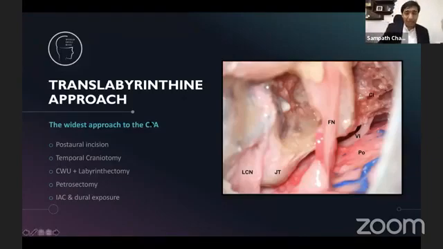involve? So it has a postauricular incision. It has a wide postauricular incision, the same incision that you saw in the earlier case of subtotal petrosectomy. Then it involves a temporal craniotomy, a canal wall up procedure with a labyrinthectomy. The canal wall is brought down in a transotic approach, but otherwise it is very much a canal wall up procedure followed by labyrinthectomy. Then you do a petrosectomy, that is, drill around the labyrinth and then get into the cerebellopontine angle.